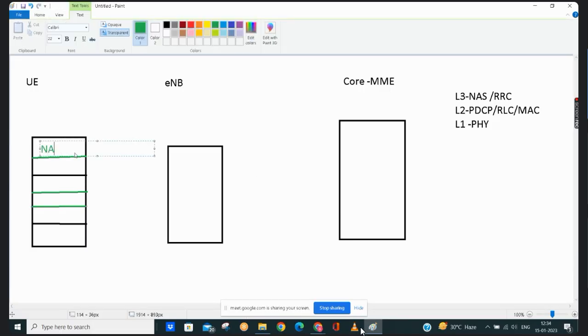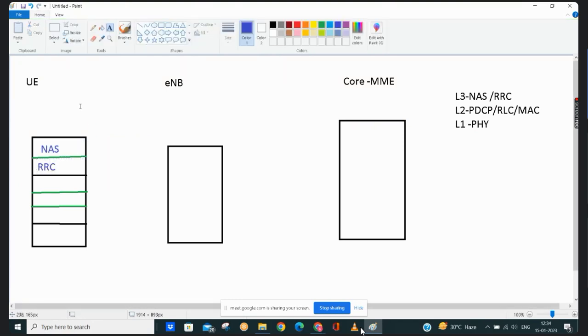So the topmost layer is my NAS layer. This is my NAS layer. This is my RRC layer. They both are part of the L3 layer.